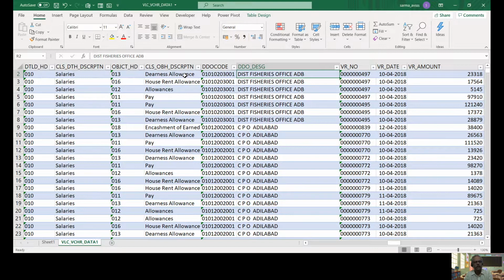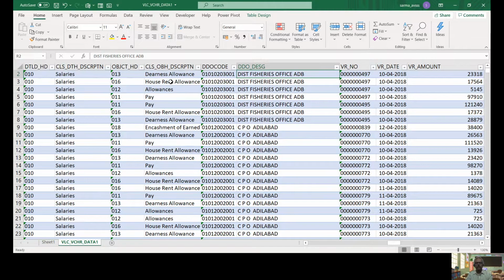against a classification. In the classification, from major head to object head, the object head is the lowest level. Suppose I say telephone bill, that would be an object head, right? Hiring of a vehicle will be an object head, right? Of course, major head is the department. Every tier of the classification has its own nomenclature, but ultimately, if we look at an amount in the voucher, any amount spent is accounted for against an object head. So that is the lowest level of the classification, and the DDO is the lowest level in the government hierarchy who is authorized to draw money and spend.